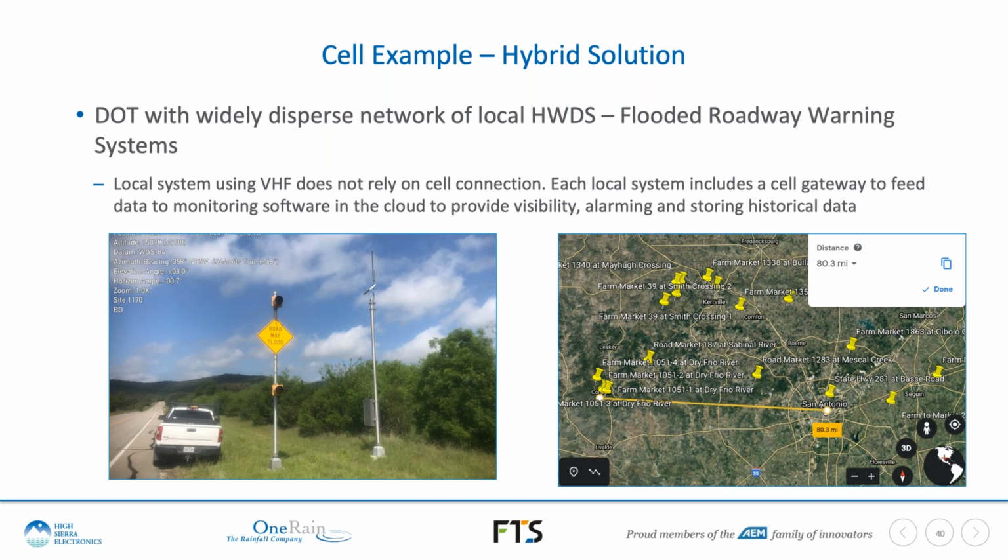So here's an example where we're using the robust alert communication locally and tying into the base station with cell. So that gives us that dispersal of communication. And so now we're going to look at